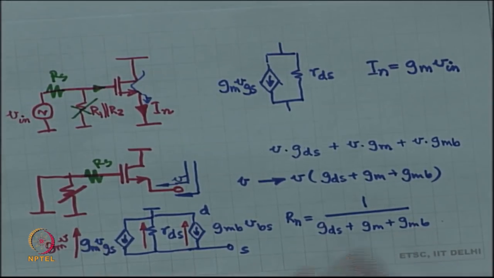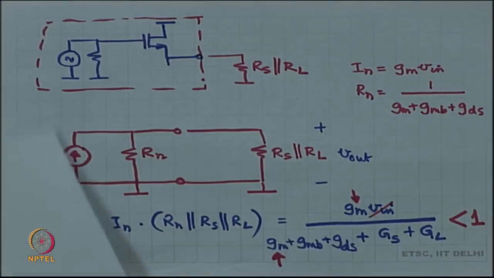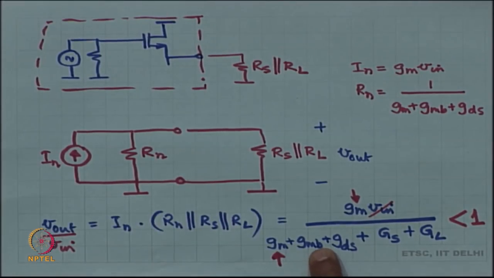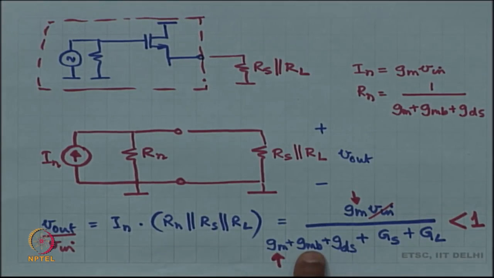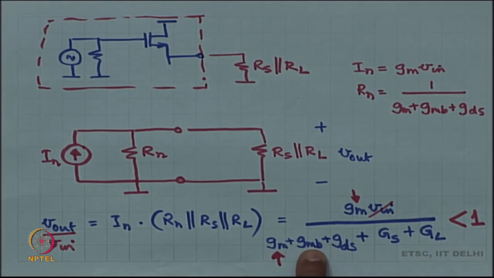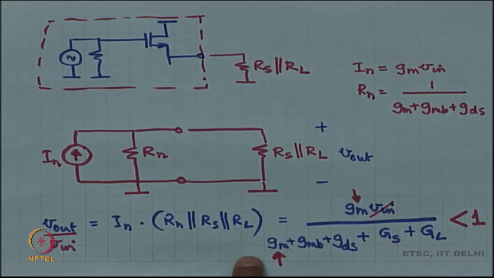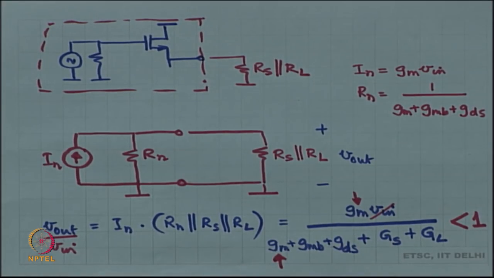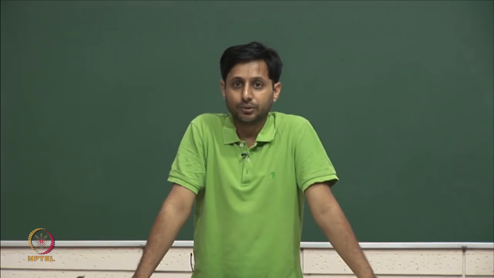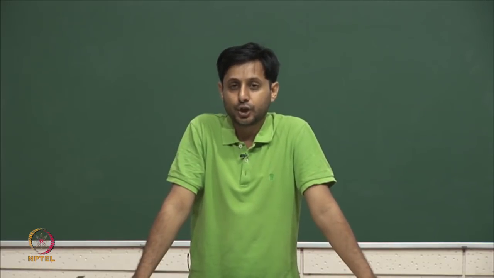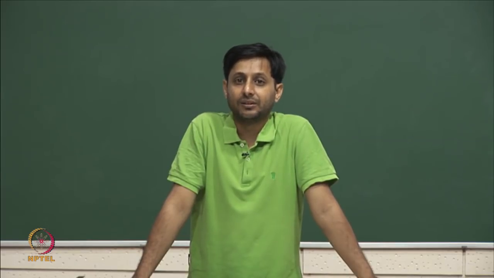So, this GMB over here brings it down. If, for example, GM is 4 units, GMB is going to be 1 unit. So, this ratio is going to be 4 by 5. All right. So, to improve this, what they try to do is to make sure that VBS is equal to